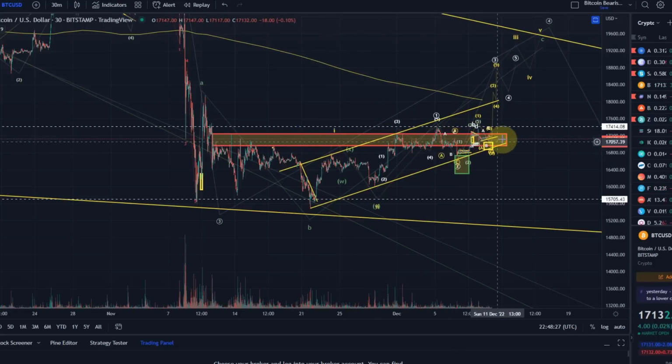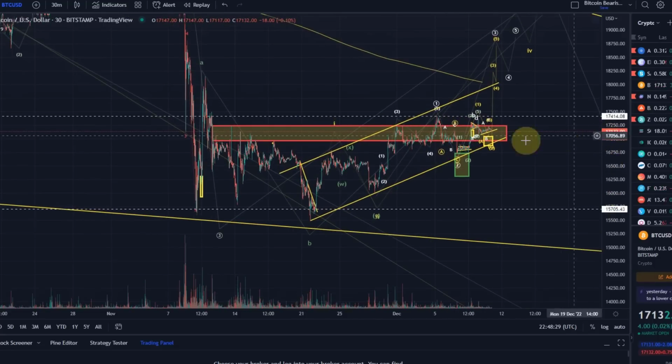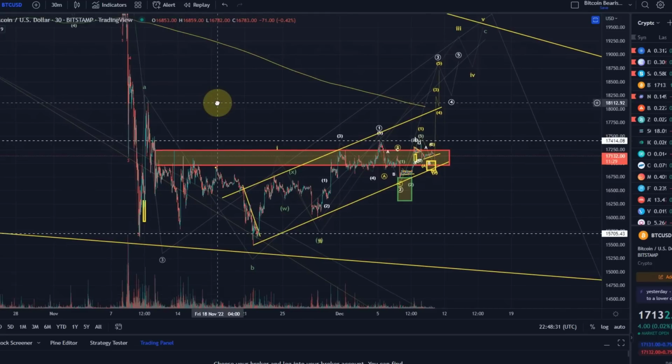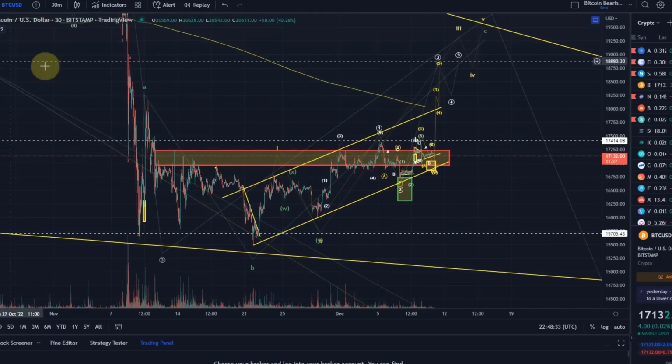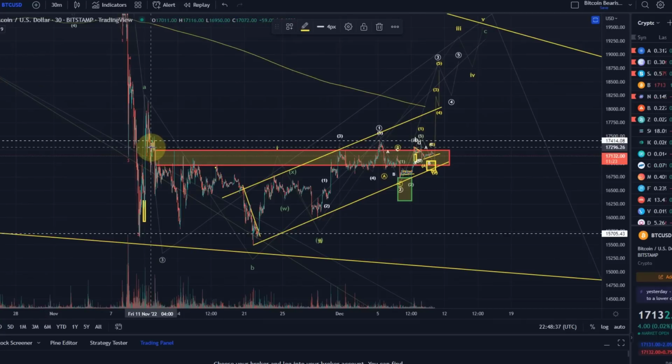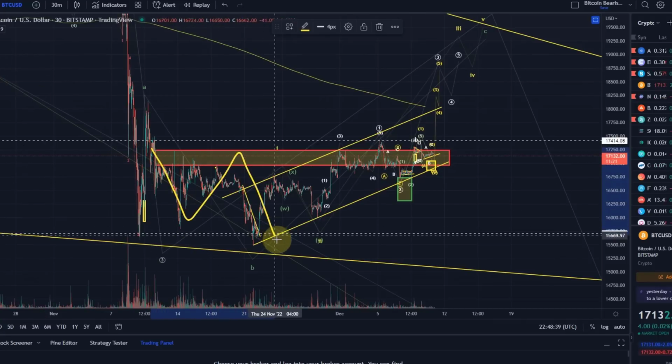Then we take a look at some of the indicators that are relevant at the moment, as some of you have asked for. Then we take a look at the wave structures, really. So generally from a pattern point of view, what we have, we've got here an inverse head and shoulders still